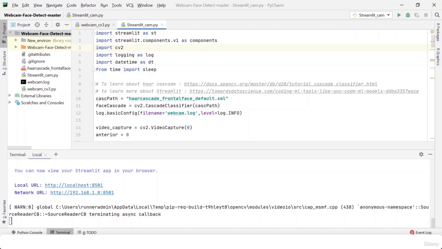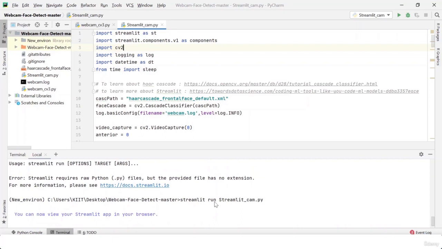This is the easiest way if you want to build a web application without knowing much about web application or web development. Though it has some limitations which I will showcase. But before going to that, let's first see the interface of Streamlit. I have imported Streamlit and a components package under Streamlit, which I will tell you why I have. Once you simply build a Streamlit code, you write streamlit run, and then the name of the app or the code.py.